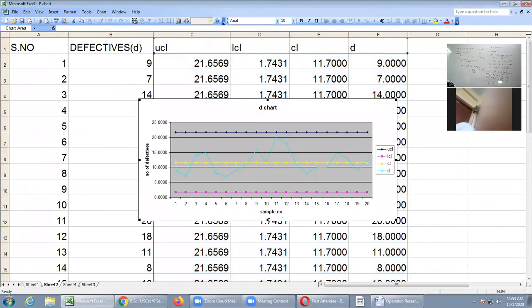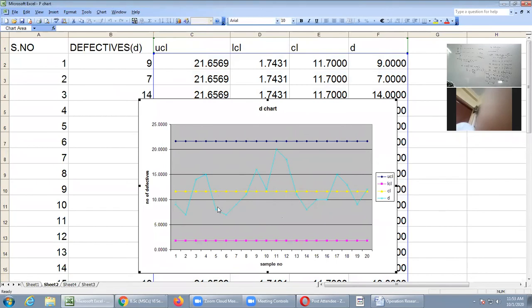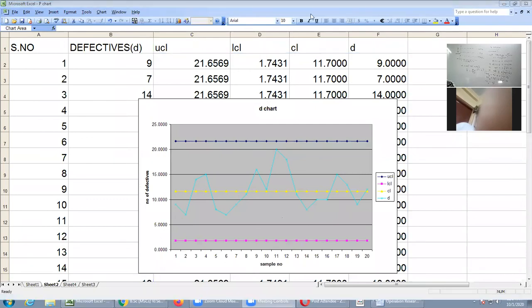So automatically you are getting the control chart. If you observe, this is the LCL value, pink line, blue line UCL value, and the CL value is a yellow color line. Now you have identified all the number of defectives. If you observe, all the sample points fall within the control limits, that means the process is in control. You don't require any action. You can continue with the process. So the d chart is under control. Is it clear, everybody? Yes. So this is for fixed n.